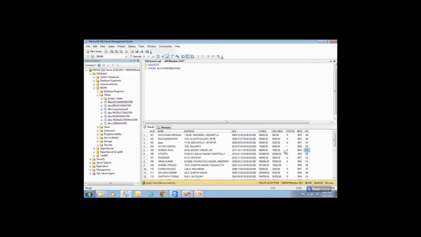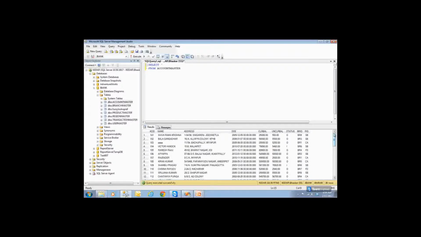So when you open an account in the bank, you will have an account ID, then your name, your address, your date of opening an account, clear balance, unclear balance, and whether your status is open, or I for inoperative accounts, C for closed accounts. You will also see somewhere C. Now see the value C. C means closed accounts. Then in which branch you have opened the account and what product you have taken, savings bank, current account. So this is the table which I'm talking about.